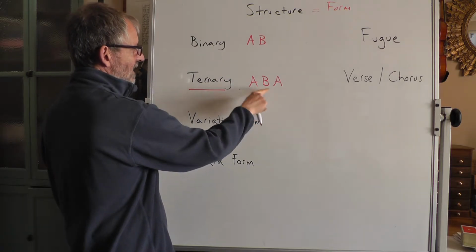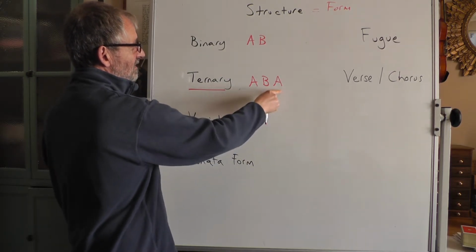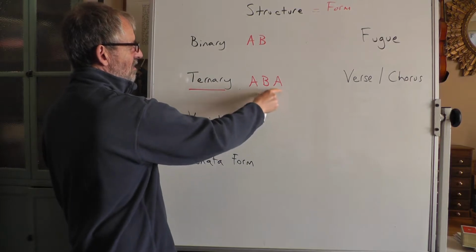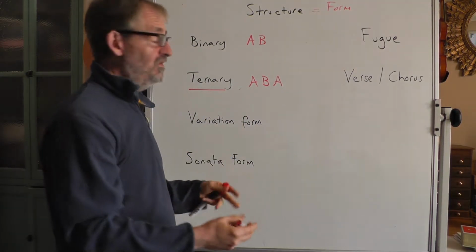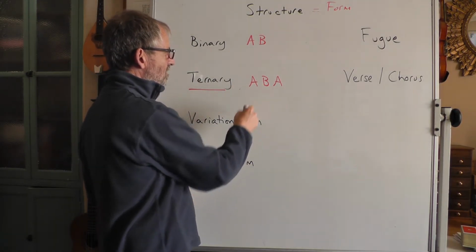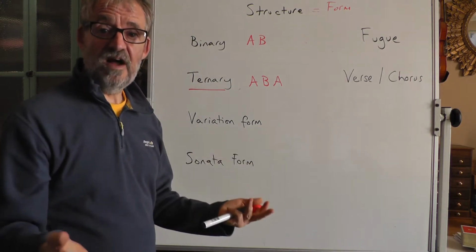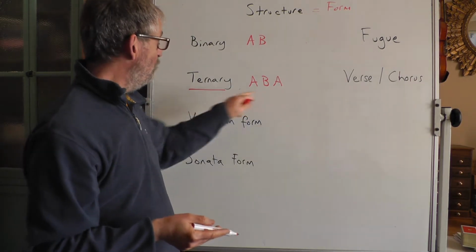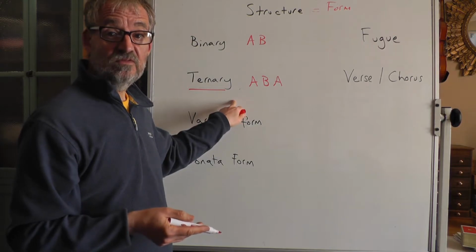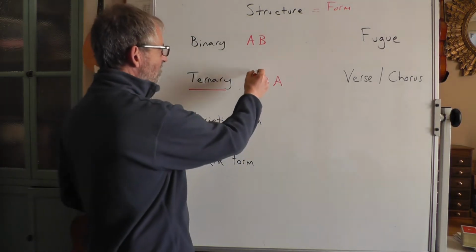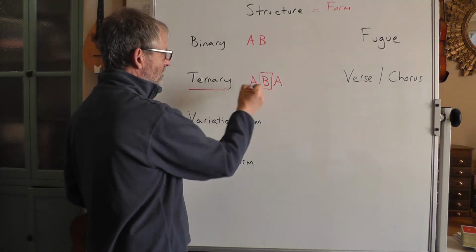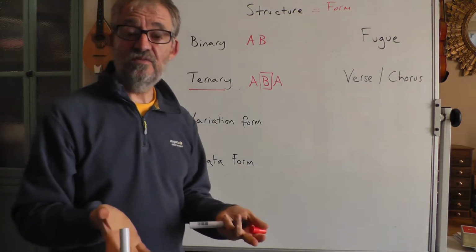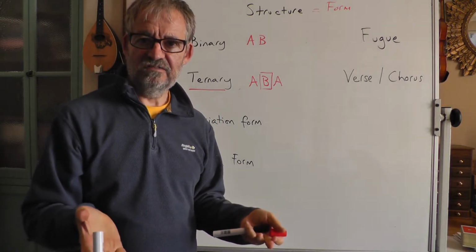So this could be exactly the same, or it could be slightly different, but the A sections are effectively the same music, and the B section will contrast in some way. Now the Bach is in ABA form or ternary form, you can say it either way, and we need to be able to recognise the B section. We've done lots of work on the A section. Well,